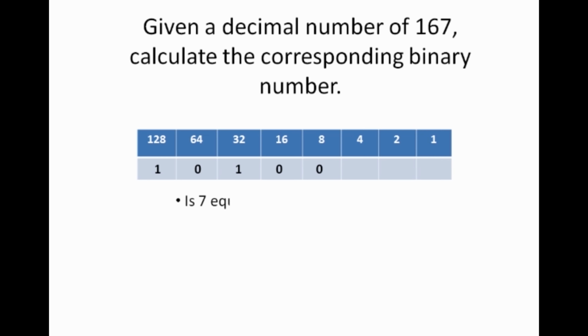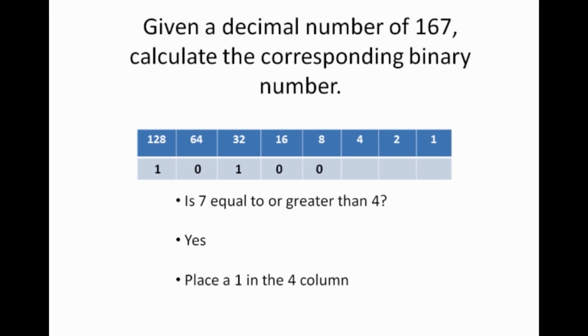to column 4. Is 7 equal to or greater than 4? In this case, yes, it is. Remember what we do? We're going to subtract 4 from 7, and we're going to place a 1 in that 4 column, and when we subtract 4 from 7, that's going to give us a remainder of 3. Let's move over to the 2 column. Is 3 equal to or greater than 2? Yes, it is. Based on that, we're going to place a 1 in this 2 column, and we're going to see what's left over. We're going to subtract 2 from 3, giving us a remainder of 1, and finally we